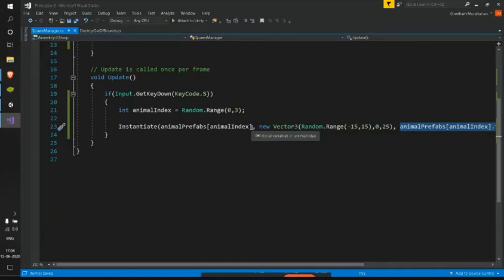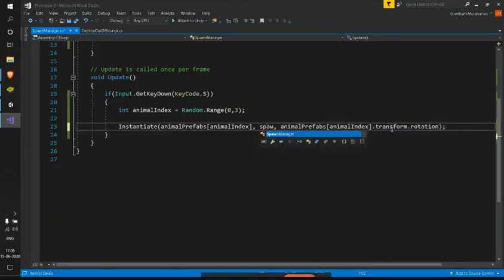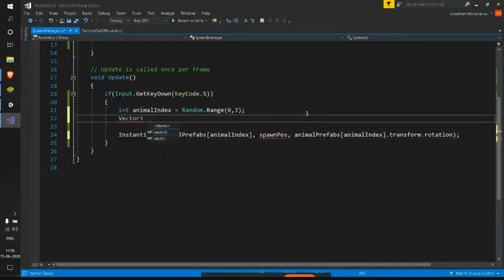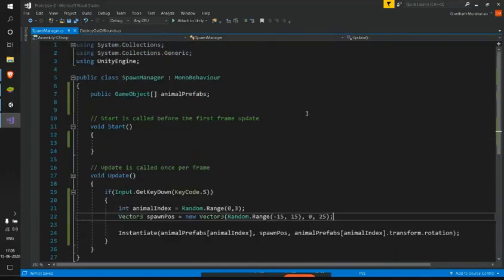Let's clean our code a bit now. This single line is very overwhelming, right? So let me cut this part and name it spawn position. Let me create a new Vector3 spawnPosition. This Vector3 spawnPosition also will be a local variable itself. Let me save this, and everything is the same. We just created a variable, that's it. There is not much difference. And see, we have these values here which are fixed.